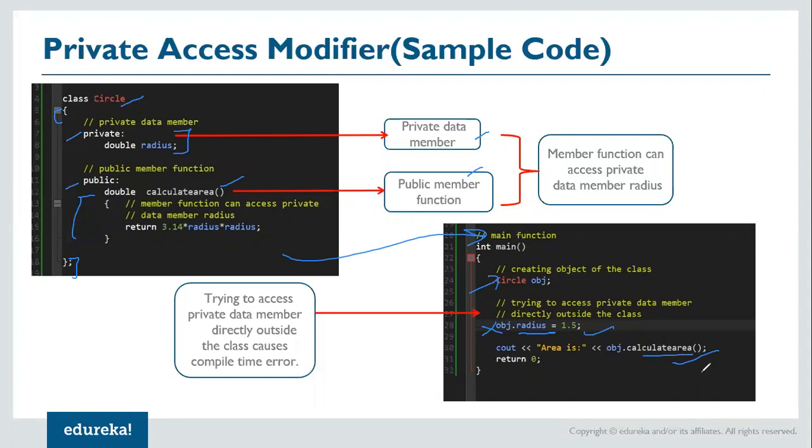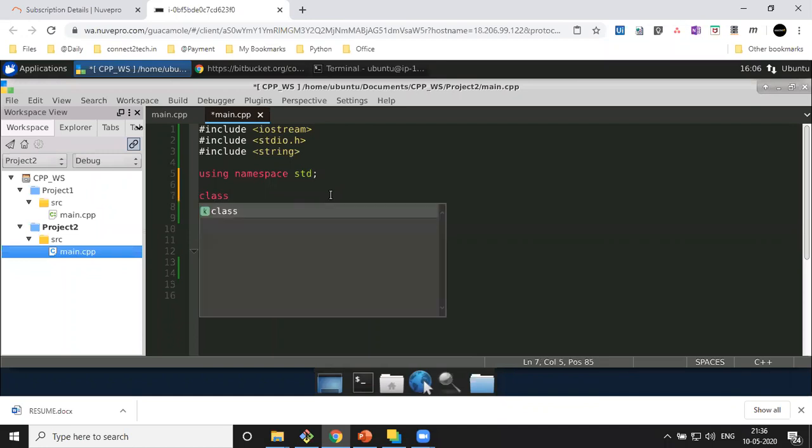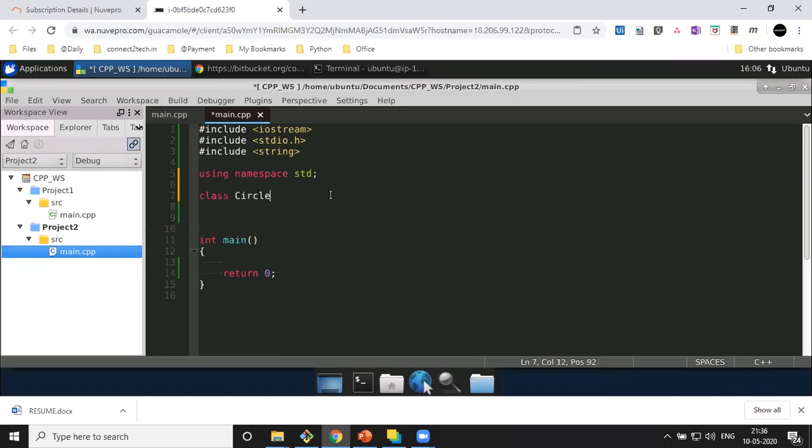So for that, I'll go to my VM and try it out. So let us create that example which I just explained to you. I will create a class, let's say Circle, open close bracket and followed by a semicolon here. Now here I will specify, in the case of private which we are talking about, I'll say private here, right?